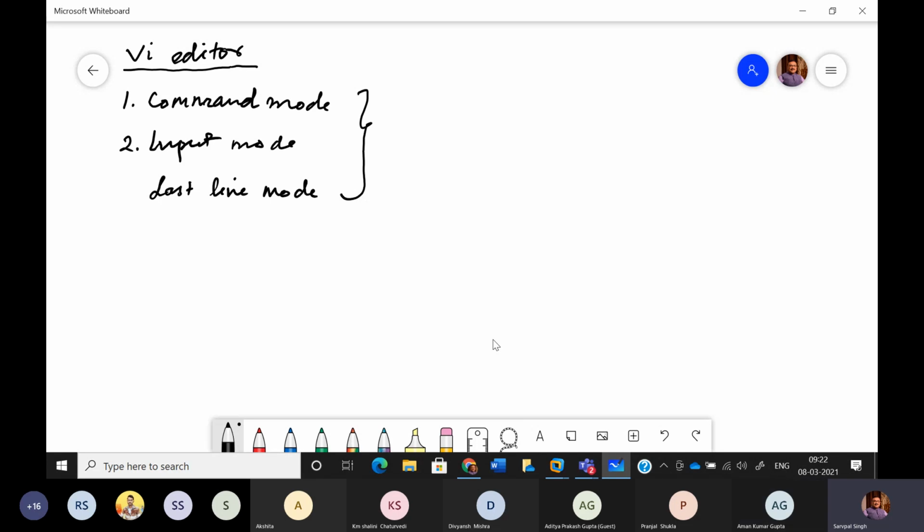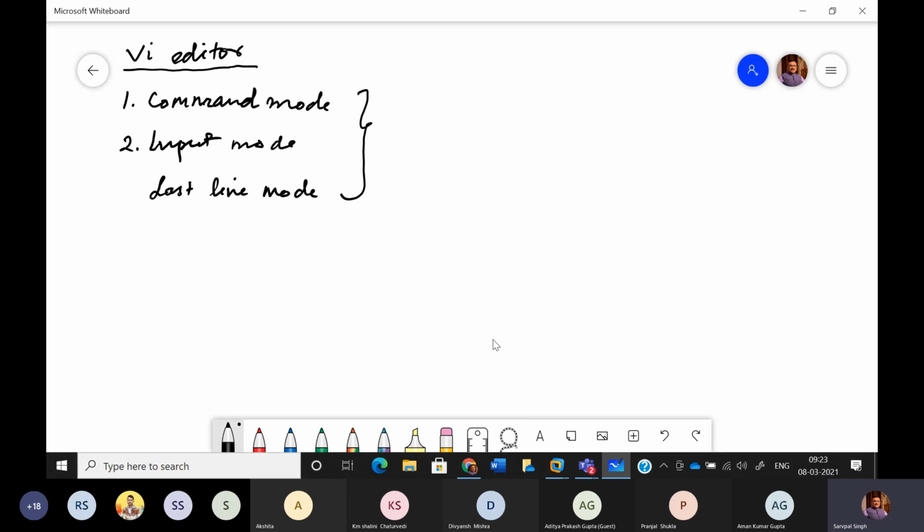So, basically, I told you that VI stands for visual. The VI editor is a command line editor, and it's very popular and very common, but it's difficult to work with without practice because it's not as simple as Notepad in Windows. Almost all of the character keys on the keyboard of any laptop or system also function as commands.